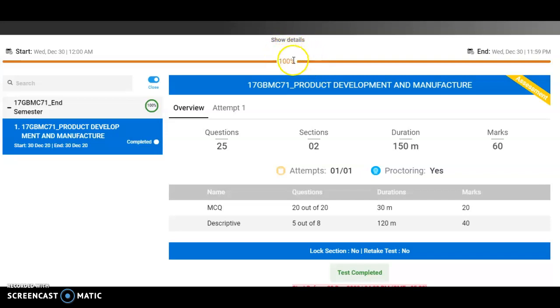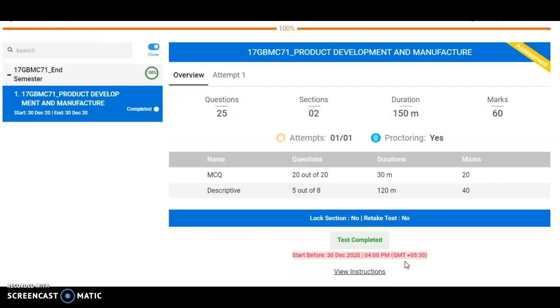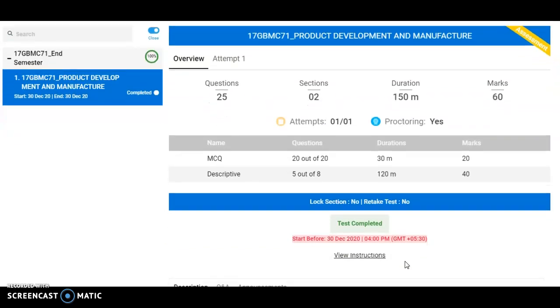The answer is submitted and also test completed. Log section no, retake test no. In the first time itself, test completed successfully. Then below that, if you scroll down the screen,